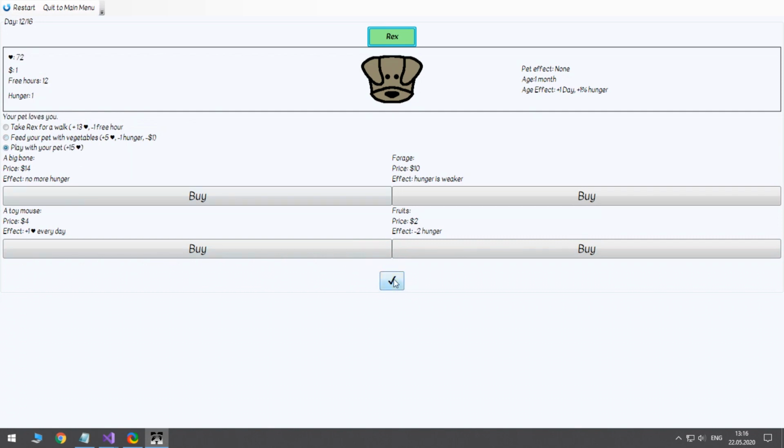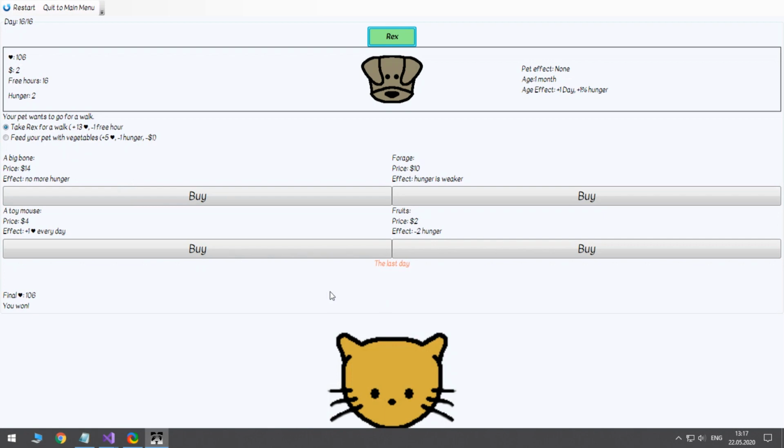By now you already have two working projects. We will not develop the Windows Forms project anymore. Instead, we will fully concentrate on WPF. And in the next part, we will create options window, where players can decide whether they want to see daily comments and set the default pet name.